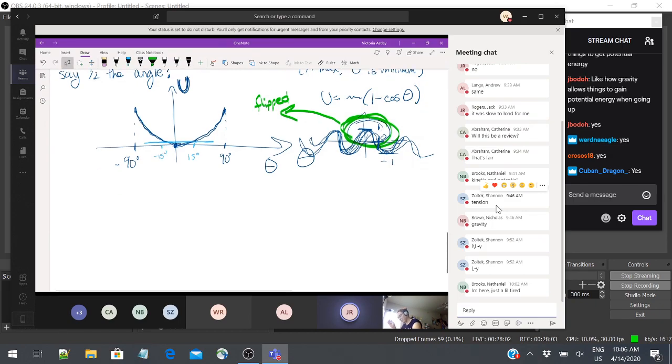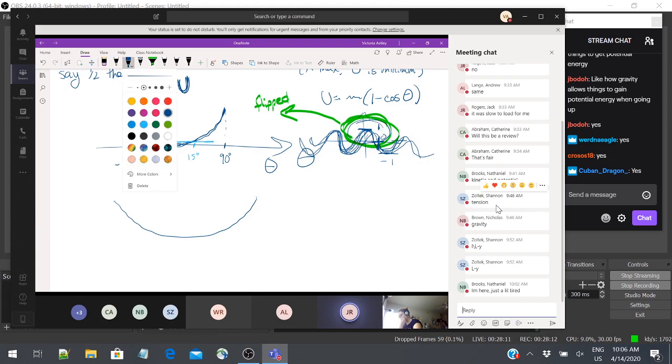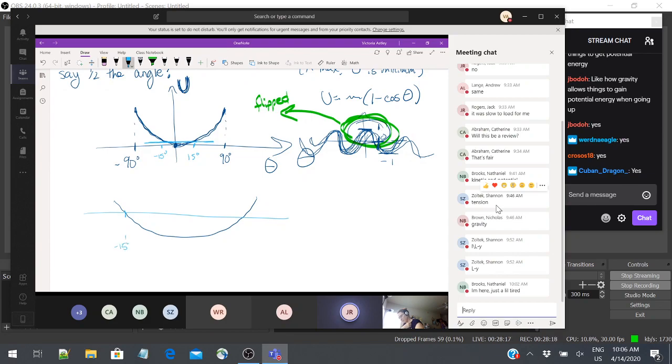We can zoom in a little bit here. Okay. So this line that I have drawn,